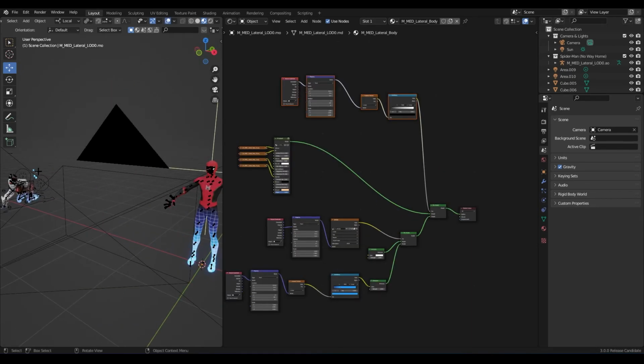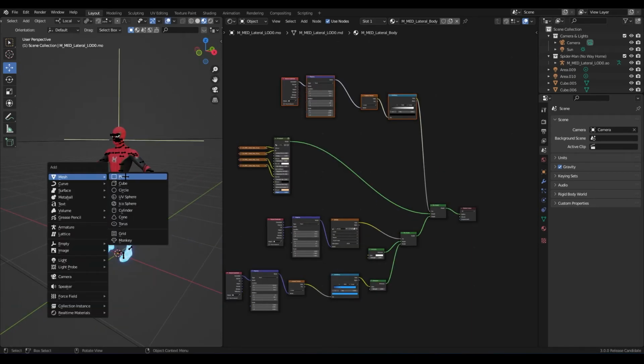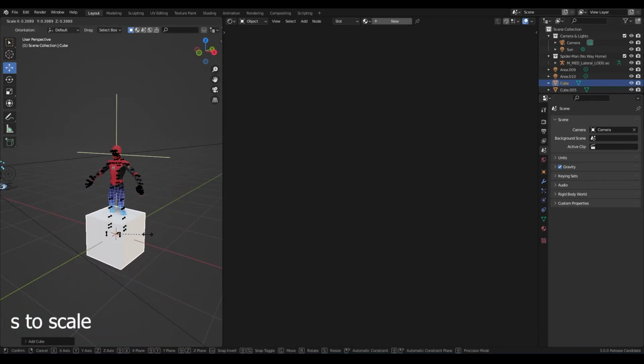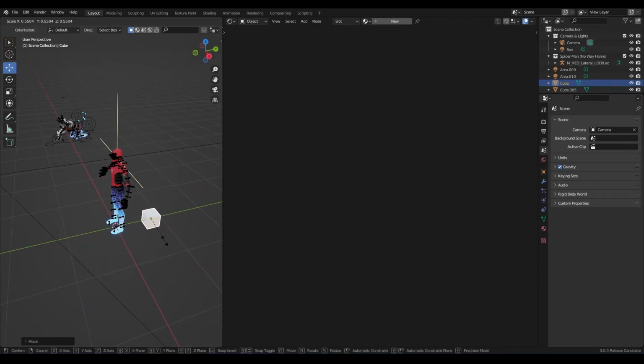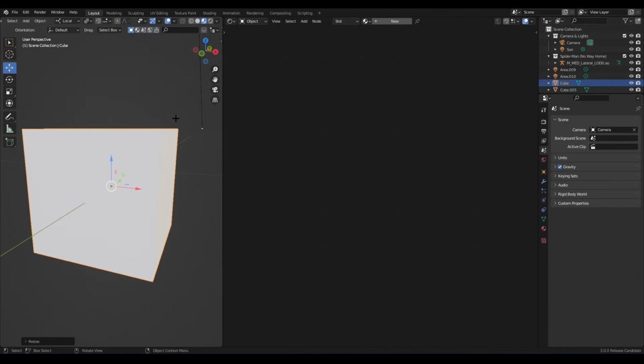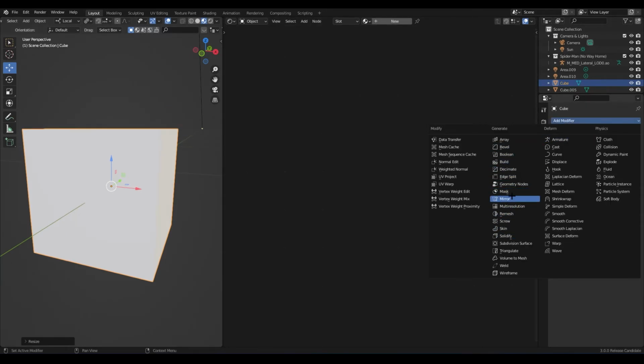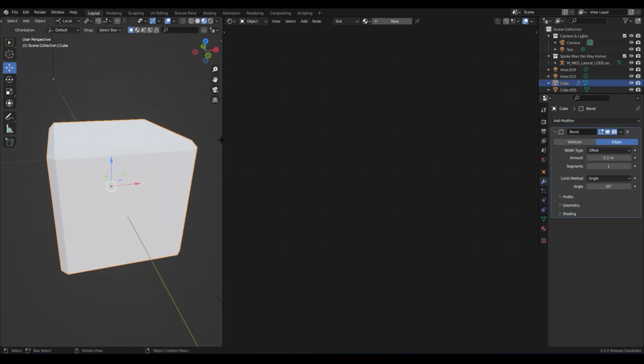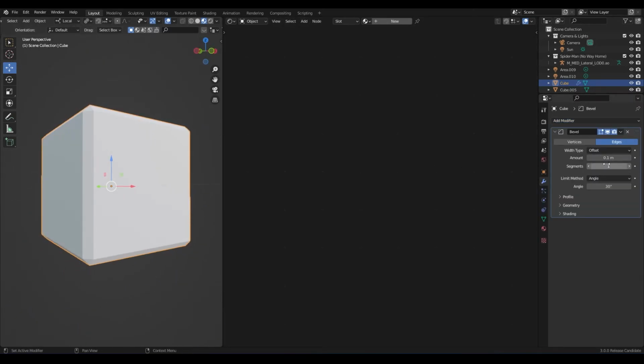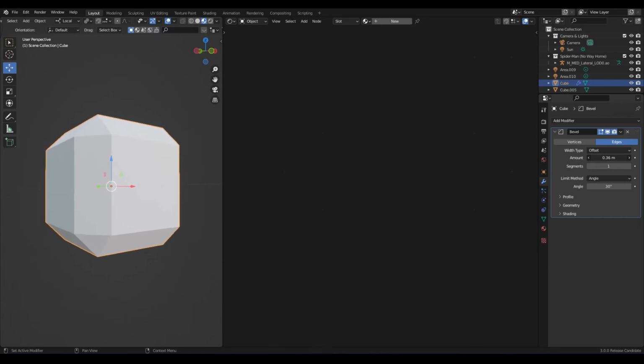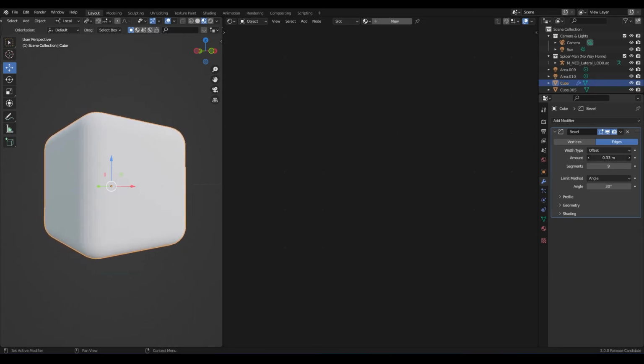Also, as you guys see, there are little cubes. Doing that is super simple. Shift A, add a cube, scale it down, drag it to the back, scale it down even more. We can actually make the edges curved. So just go to the modifiers, add in a bevel modifier. It's kind of hard to see from this angle. Just increase that and increase that a bit. So then, just play with it until it looks good.